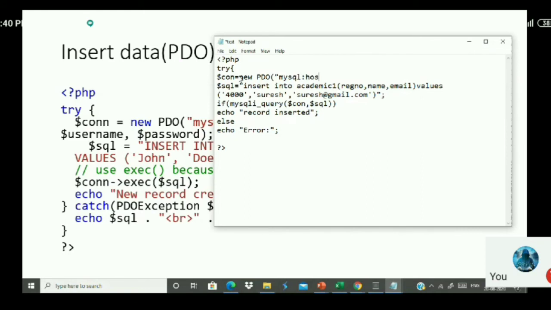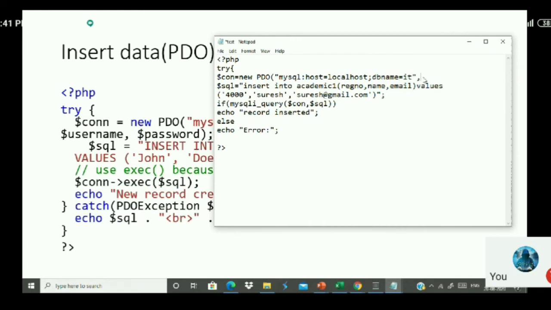What is the name of the host? Host means the system where your MySQL is located. So host equal to localhost. And the next one, I have to mention the DB name. So use dbname here, and the DB name is IT. Everything should be in one string parameter here. Even though I have two values, one representing the localhost and another representing the database name, they should be inside the quotes, separated by a semicolon. The first is localhost, the name of the host. The second is the database name.